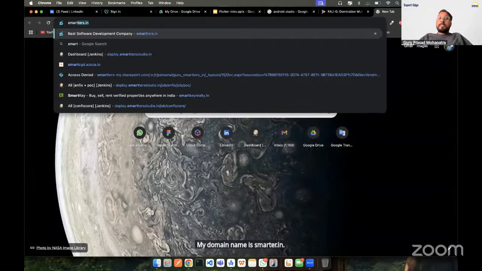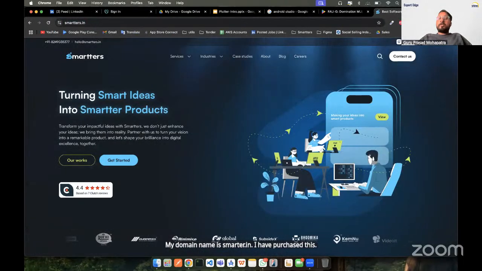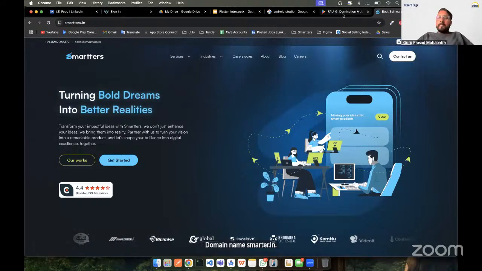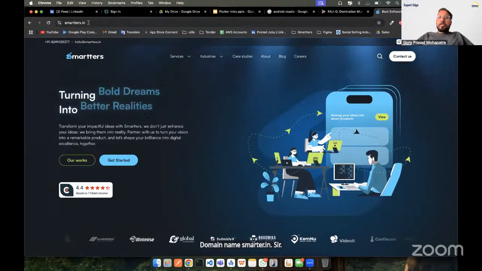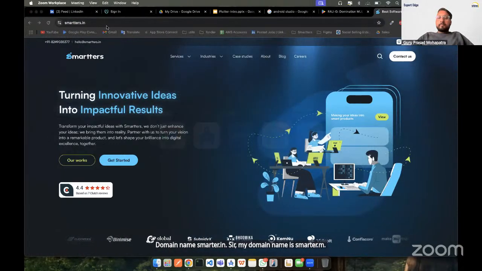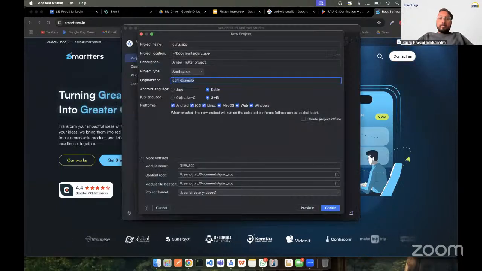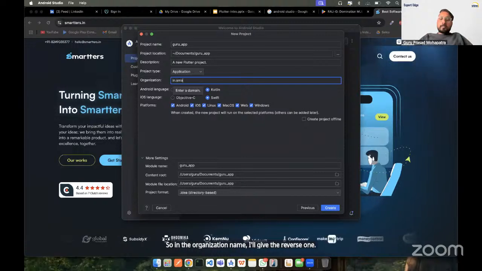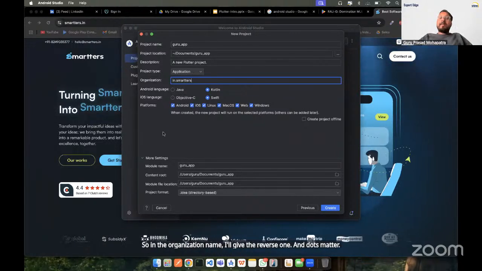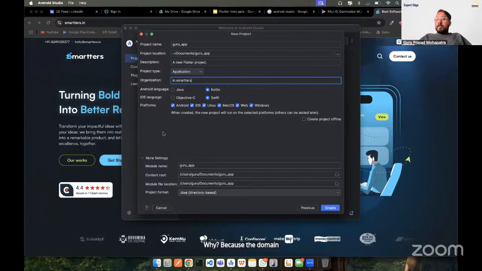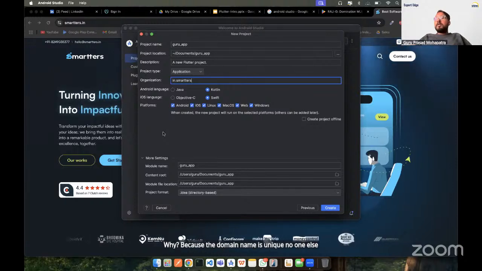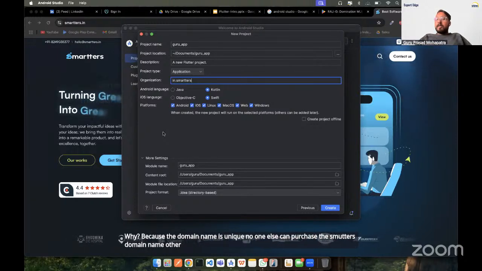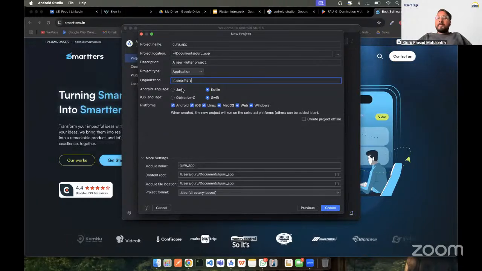I have purchased this domain name. So in the organization name, I'll give the reverse one, in.smarters. Why? Because the domain name is unique. No one else can purchase the Smarters domain name other than me. It's already with me, so it's unique. So you can just give it.